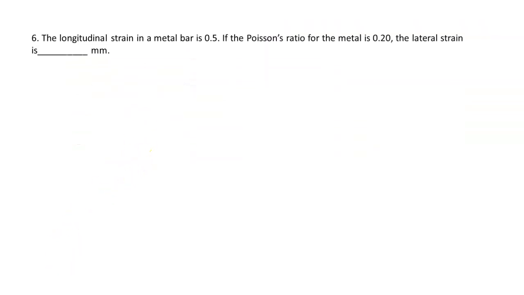Now let us see the next question. The sixth question is again related to elasticity. Here the longitudinal strain in a metal bar is given as 0.5. Its Poisson's ratio is given as 0.2. What will be the lateral strain? Poisson's ratio, generally denoted by sigma, is nothing but minus of lateral strain, generally denoted by delta R by R, divided by longitudinal strain, delta L by L. So from this we can write minus delta R by R is equal to sigma into delta